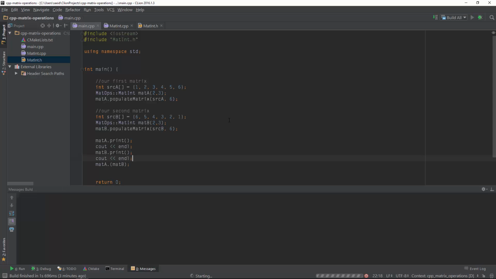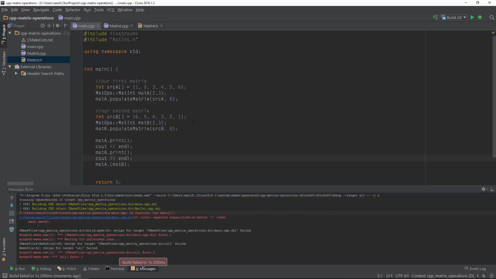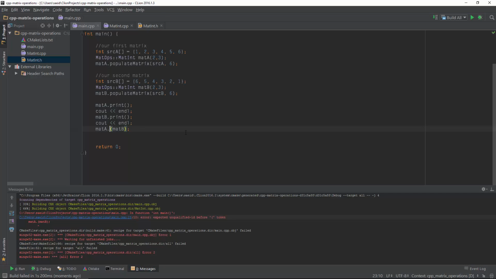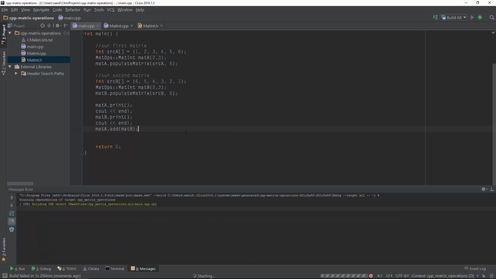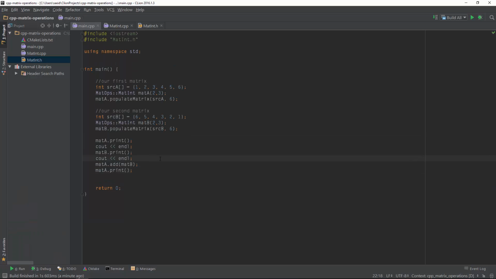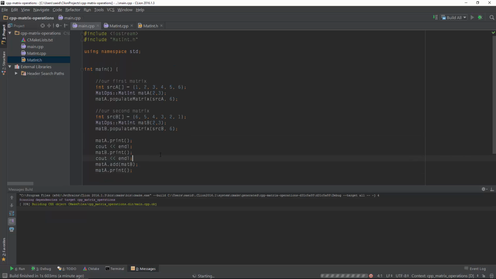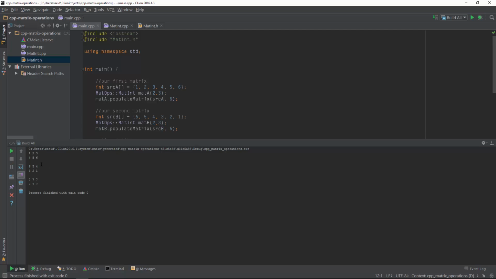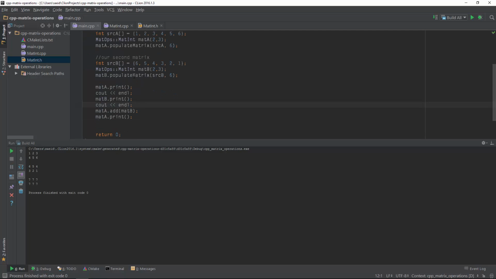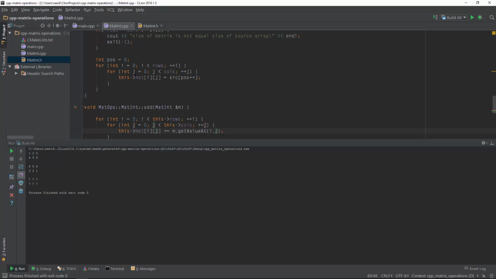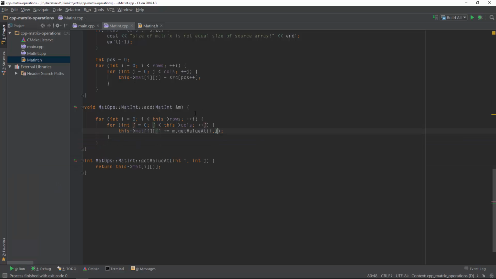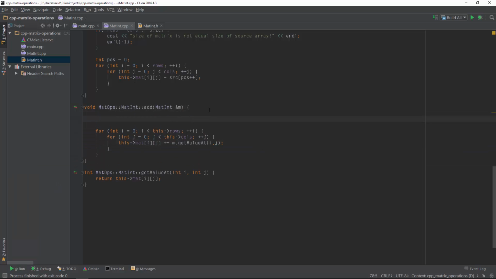So let's see what happens. Okay, we have a problem here at which line? At line 23. Okay, I forgot to call the function. Okay. So let's see. Okay, and the addition also works,